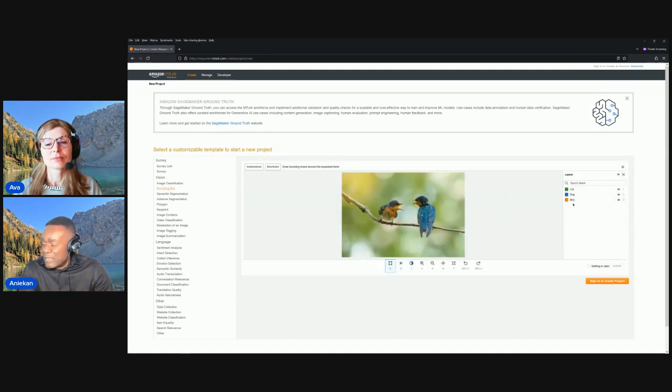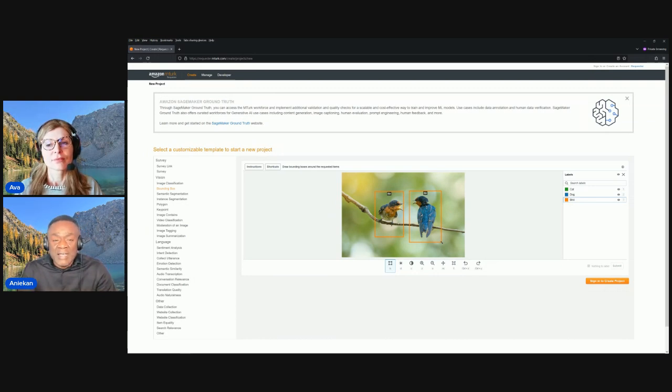They would say, okay, this is a bird, and then create a bounding box around it. So depending on which machine learning algorithm you want to use, you can bring in human labelers to label your images so that you can pass those images, pass that data to, in this case, a supervised learning